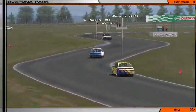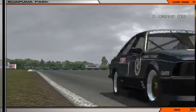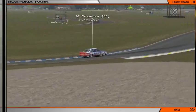incredible, as Grant still trying to catch up to Jon, as Steve and Brian is also very close to one another, as is Prusa and Riddle, and Chapman and Miller. So